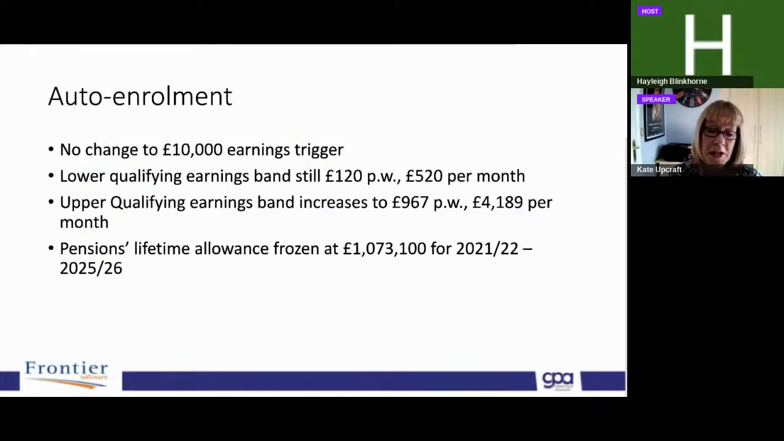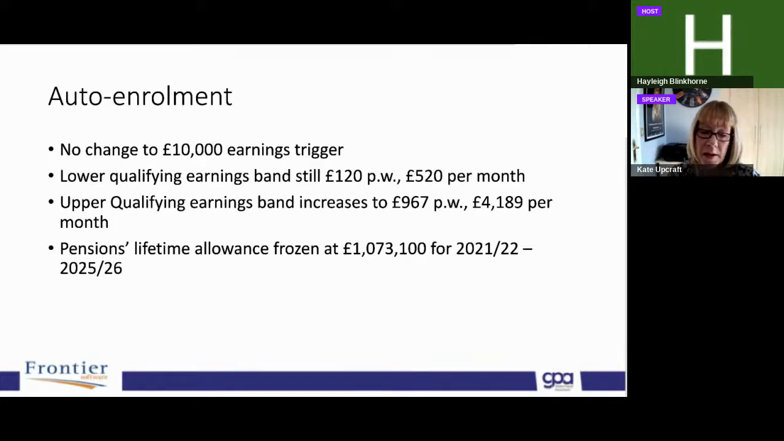Changes around pensions, well, not very much this year. We know it's off into the future before there'll be many changes to auto-enrolment around pensions. So the point at which you are auto-enrolled into a pension remains at £10,000. And then the earnings bands are allied to national insurance, so they don't change at the bottom end, where the